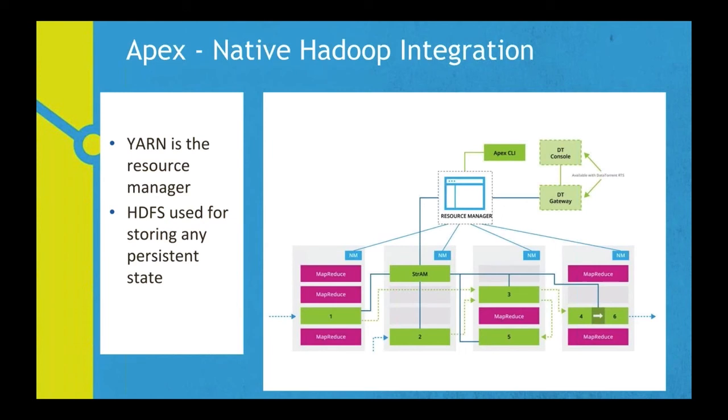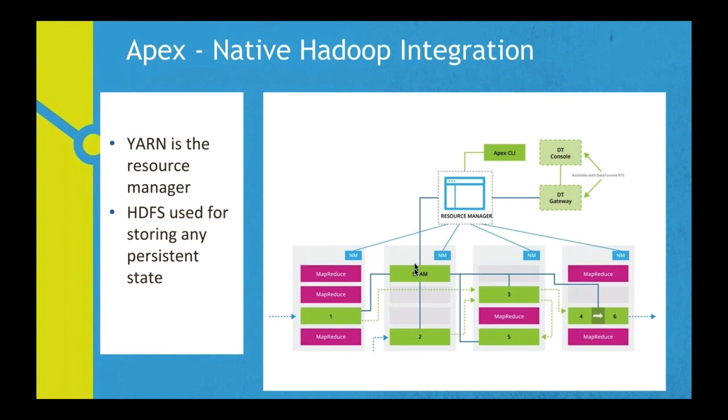Apex has native Hadoop integration, as we discussed before. It uses YARN as its resource manager and HDFS for storing any persistent state, like checkpointed state or any bookkeeping stuff. If you look at the picture here, just like any other job running in the cluster, there could be MapReduce jobs, Spark jobs, or Hive jobs running in the cluster. Along with that, there will be DataTorrent jobs running, where there will be a streaming application master here in green, Stram,